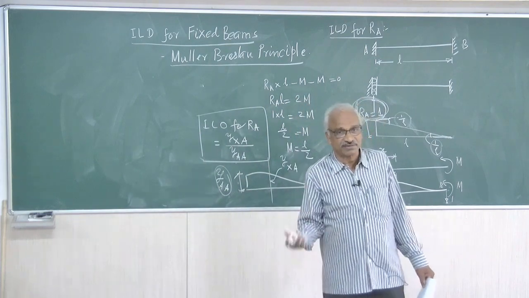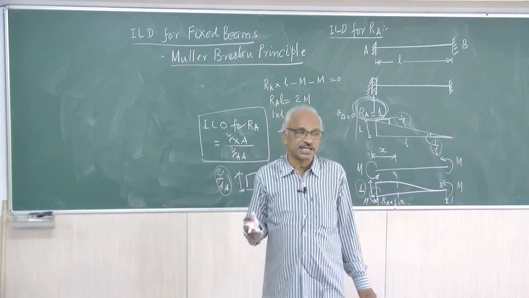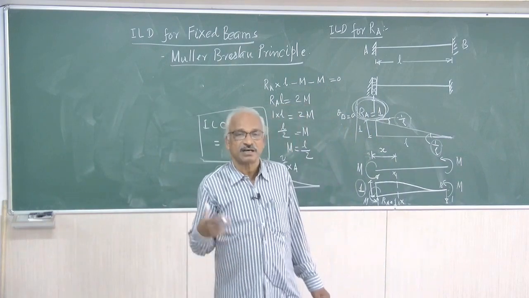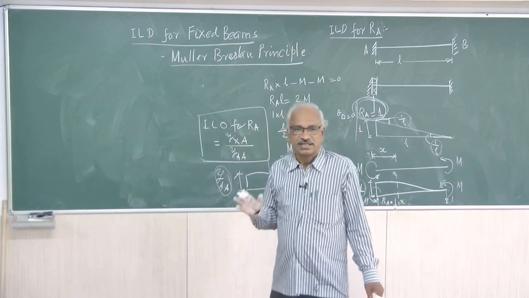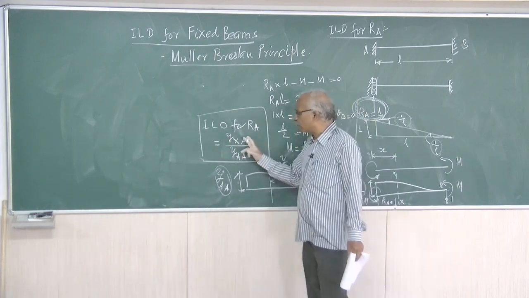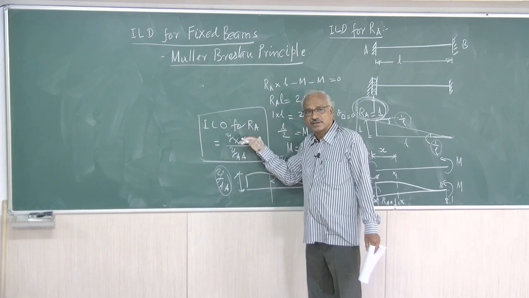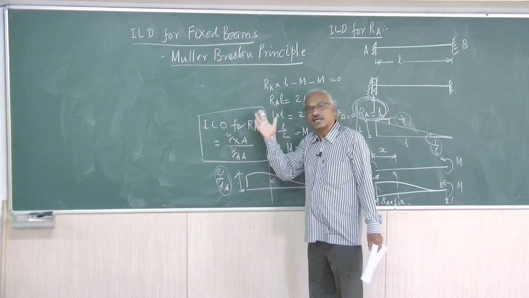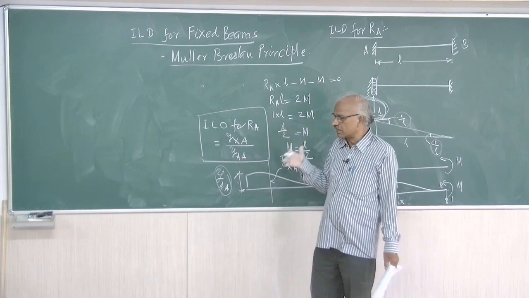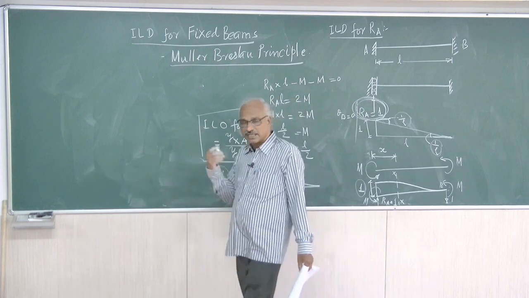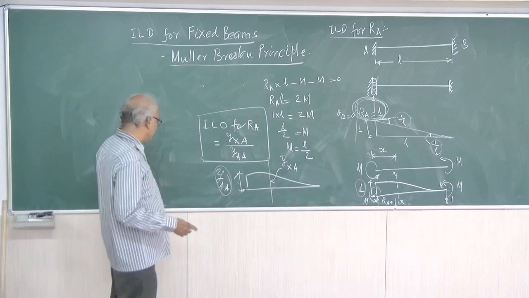For getting the deflection, whichever method is convenient, you can go for double integration, Macaulay's method, or the conjugate beam method, because we only want the values of y here. The Muller-Breslau principle ends here. Hereafter it's only a question of finding the deflection. Right? Any method can be used for that. Let us use the double integration method for getting the deflections.